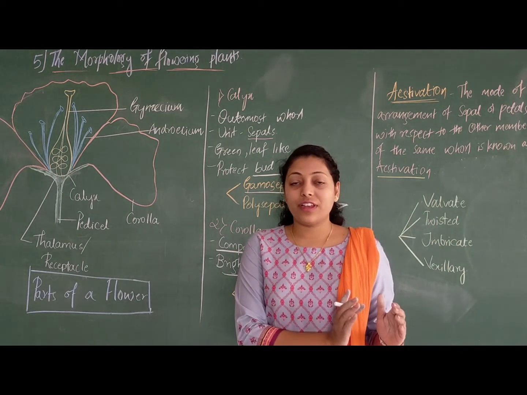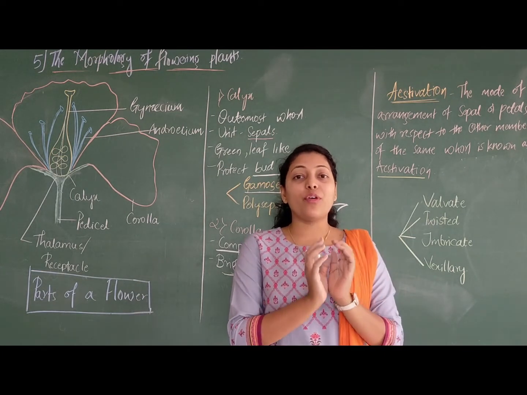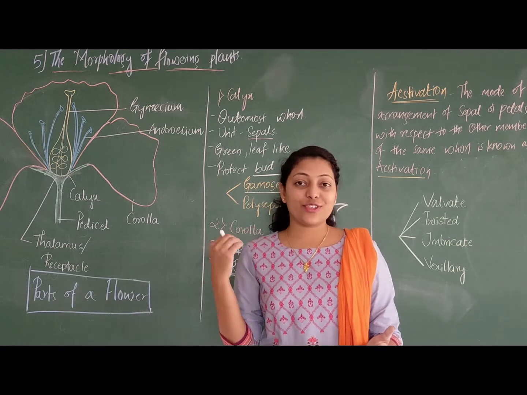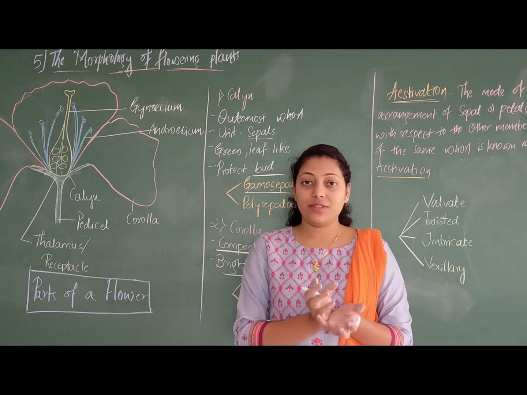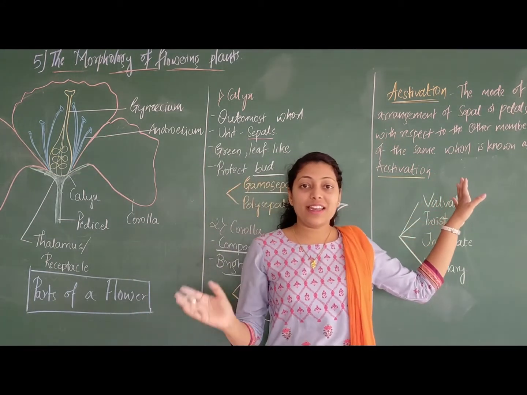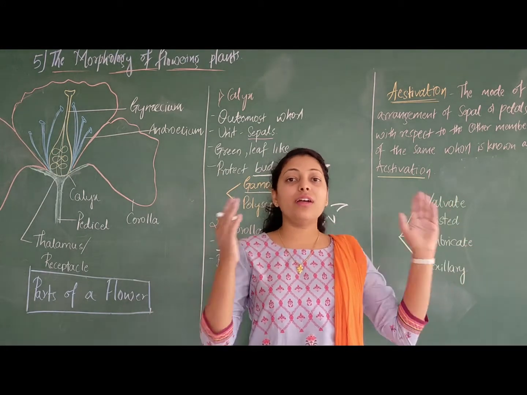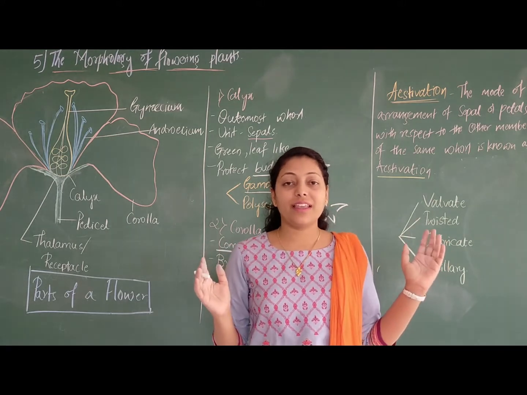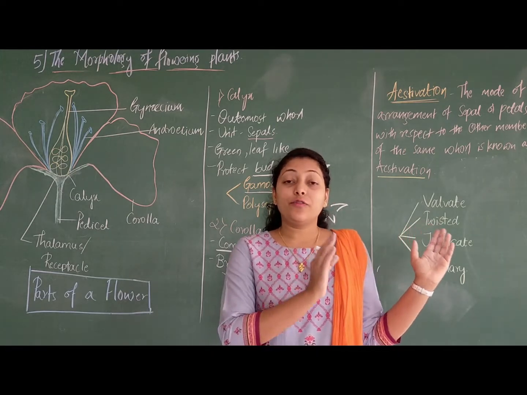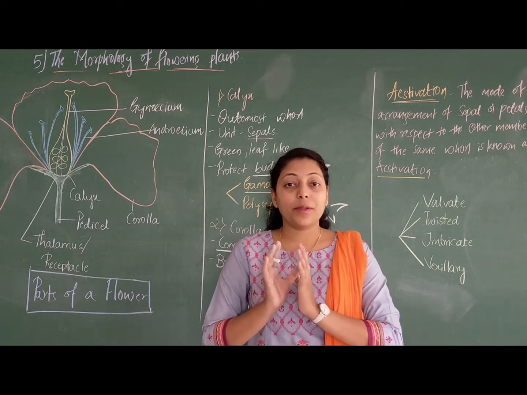Aestivation, when it comes to flowers or the plant kingdom, is the mode of arrangement of sepals, that is calyx, and petals, that is corolla, on the floral bud, on the floral axis. Whereas in the animal kingdom, we define aestivation as summer sleep. Make sure you do not mess up these two words. I know the word, pronunciation and spelling are the same, but the meaning is different in the animal kingdom and the plant kingdom. I repeat it again.